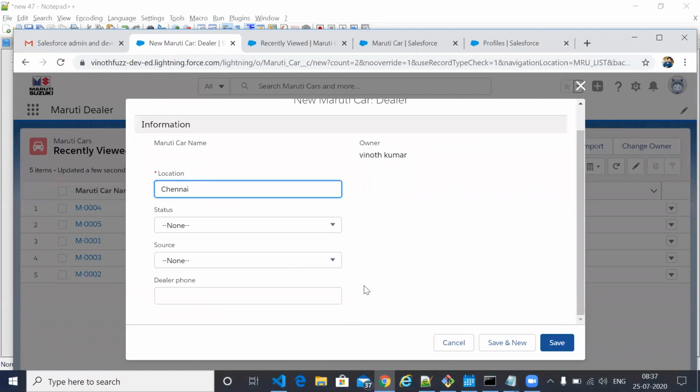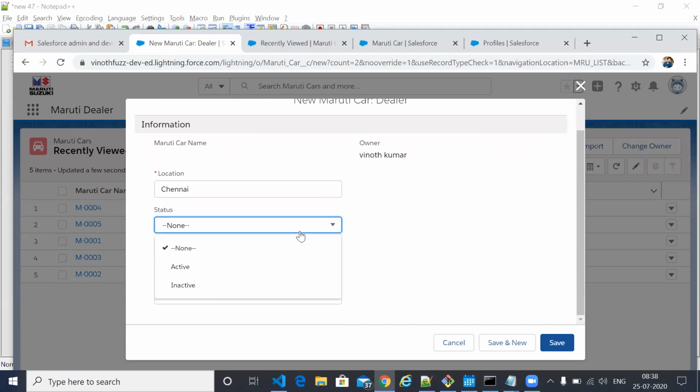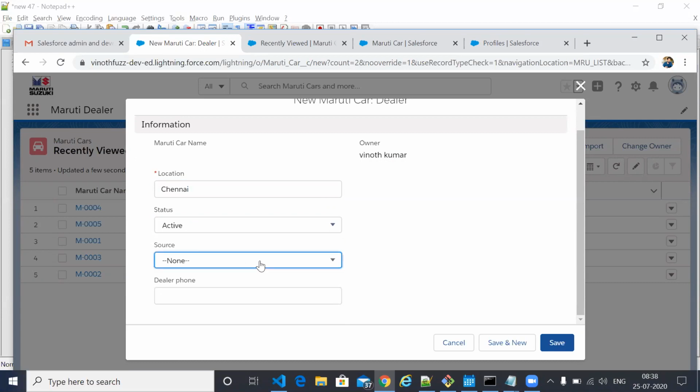Now currently it's not asking me for any kind of record type. But it's showing the dealer record type by default, like how we have created the dealer record type. So I can just choose status and everything. It's showing me the dealer phone number also.